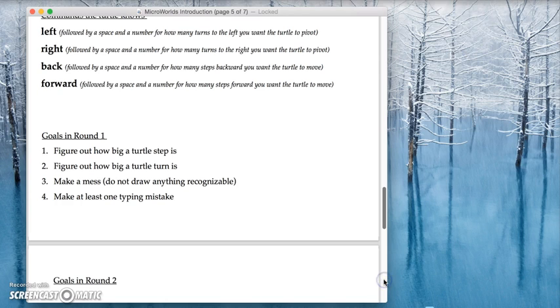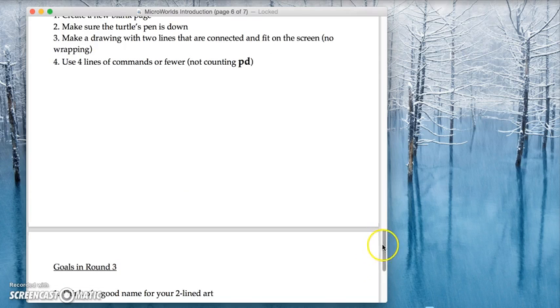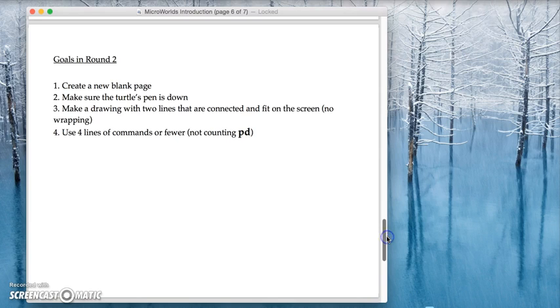In this round, we are going to create a new blank page. You're going to make sure that the turtle's pen is down, and then your big goal is to make a drawing. We're going to call it a drawing, a piece of art that has 2 lines that are connected and that fit on the screen, no wrapping. And your goal is to use 4 lines of commands or fewer, and we're not going to count the PD command. Now I'm going to demonstrate what I mean by that,